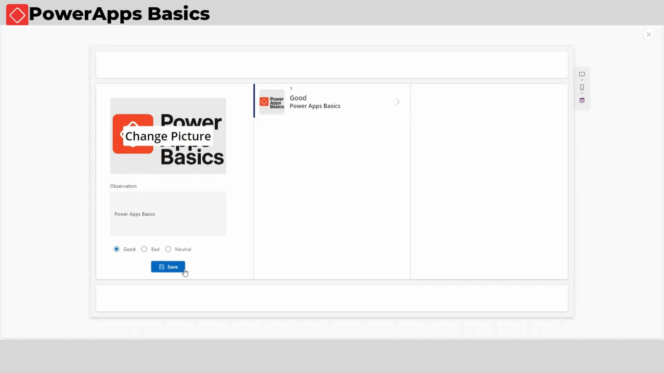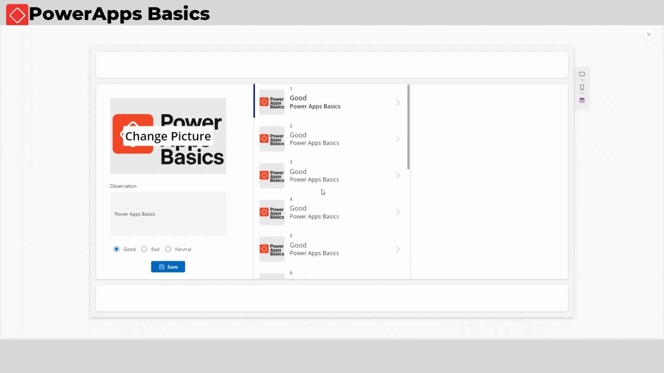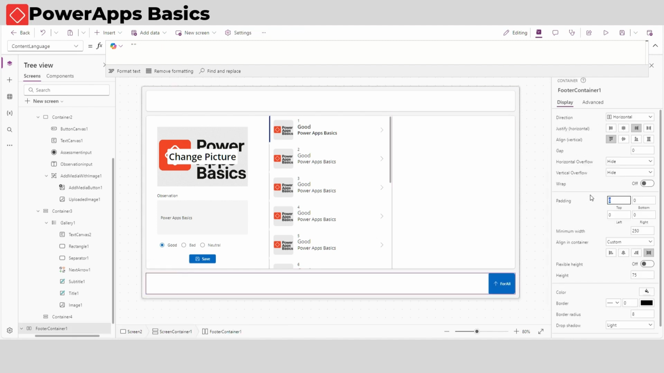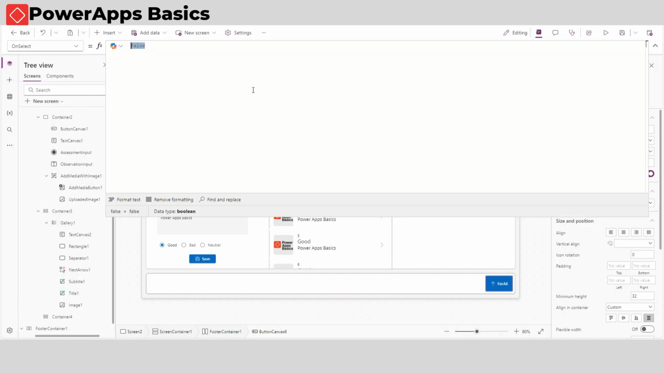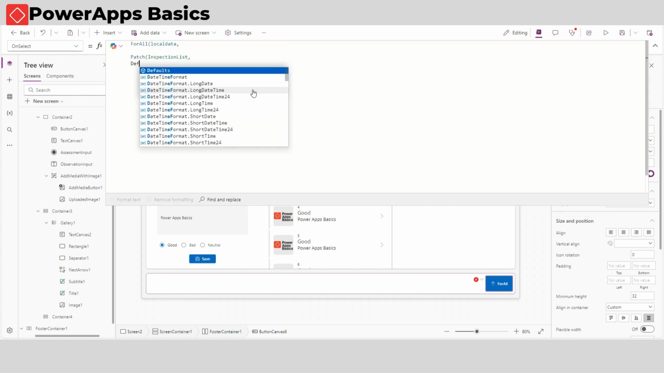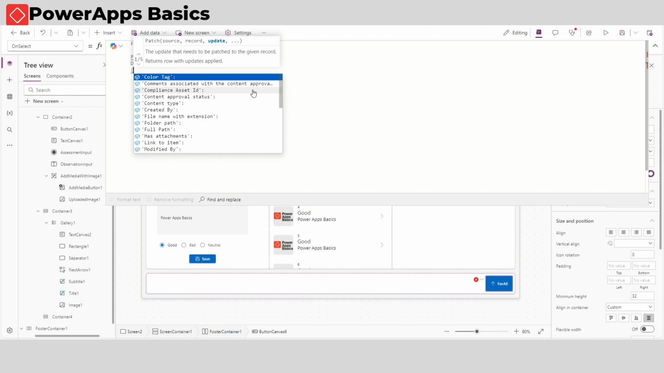This function can work even if your app is offline. Next, let's add a button that will send our collection data using the ForAll plus Patch method. In the OnSelect property of our button, type ForAll, local data, Patch, inspection list, Defaults, inspection list, item number,